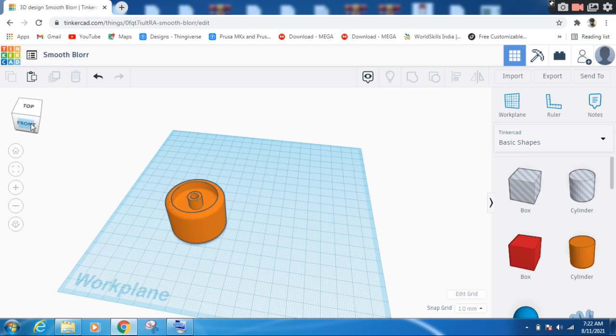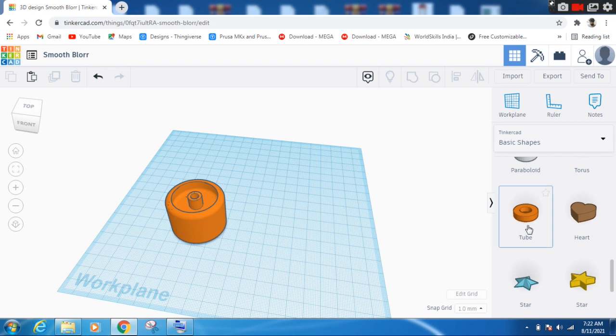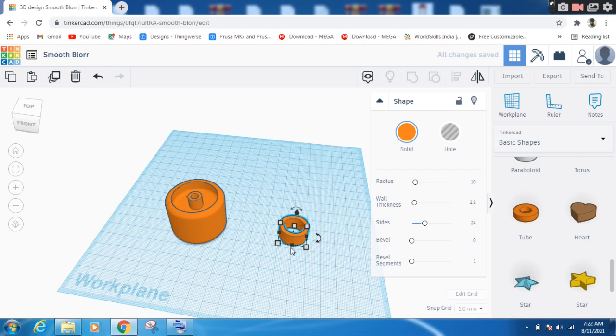Let me do that for friction. I'll take a tube again. Let me bring it here, and I'll make the diameters 30, so let's keep this one also 30.